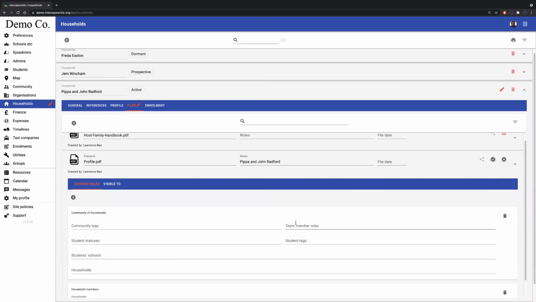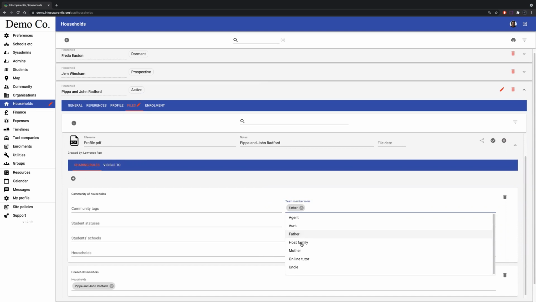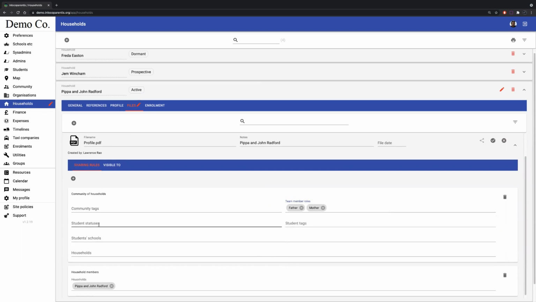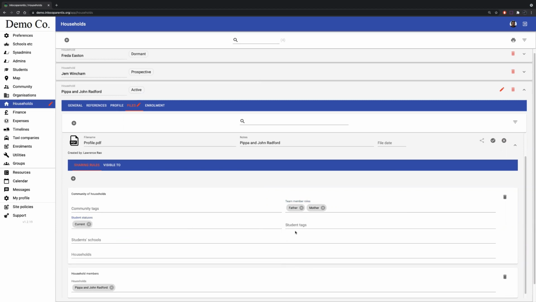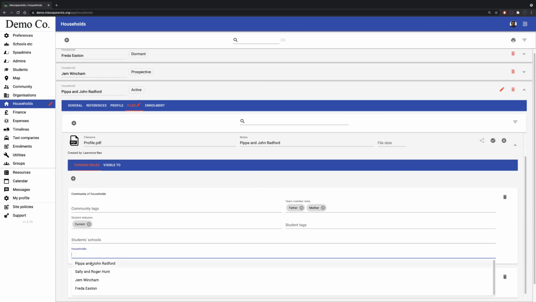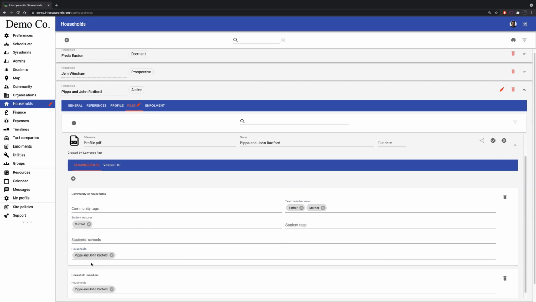Again, you can tag on which tags they're seeing, and you can select by team member roles. So I'm just going to make this available to the mother and to the father, and I can pick which student status is. So it's only going to be for current students. Again, I can do tags. I can do specific schools if I want to, and I'm going to pick Pippa and John Radford. So this would be now visible to, if I save that,